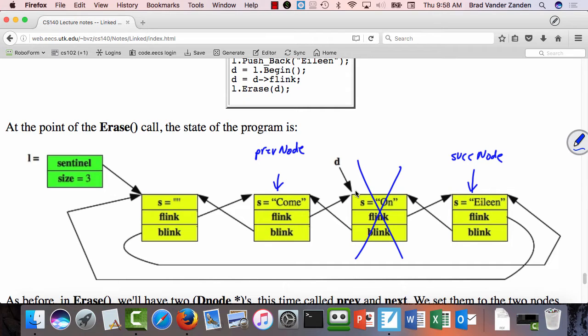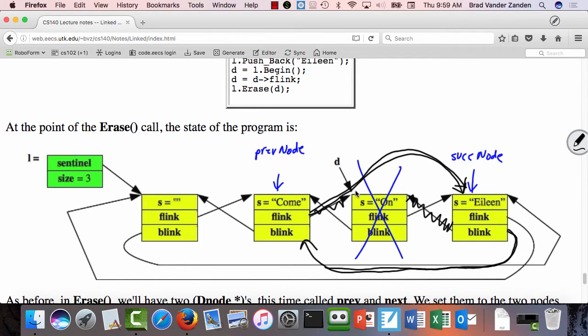Very good. So the previous node's F-link and the successor node's B-link need to be modified. The previous node's F-link needs to go to Eileen now because Aaron is being deleted, and Eileen needs to point back now to Cam because Aaron is being deleted. So you need to do these 2 operations first, and then the last thing you can do